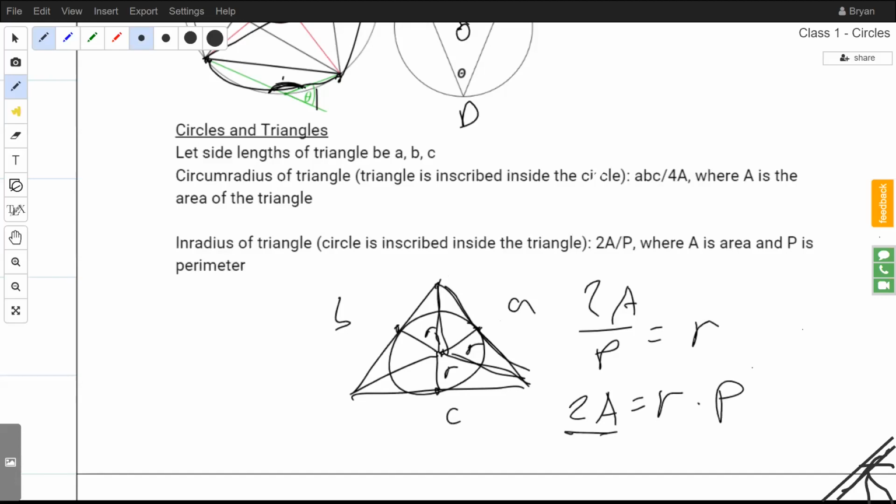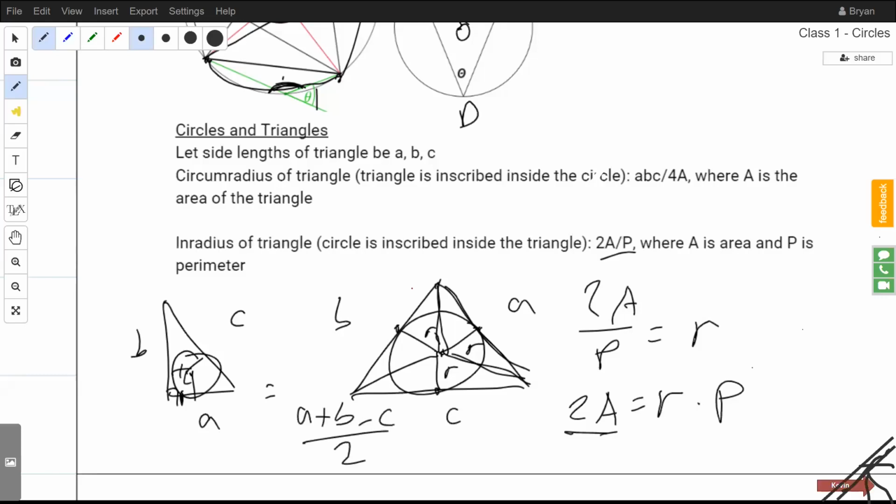And a special case for the inradius is when we have a right triangle, in which case the inradius can still be found using this area, but it's often easier just to use the fact that it's a right angle right here. So then we have that this inradius is just equal to this length right here. And this would actually just be A plus B minus C all over 2, which we can actually show using